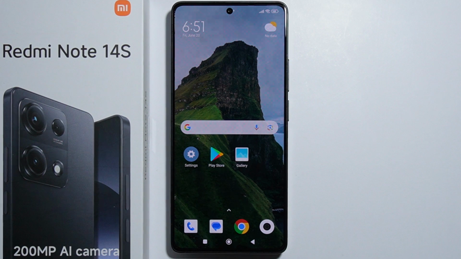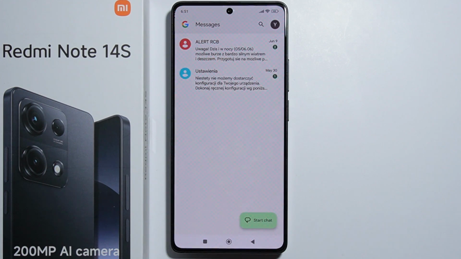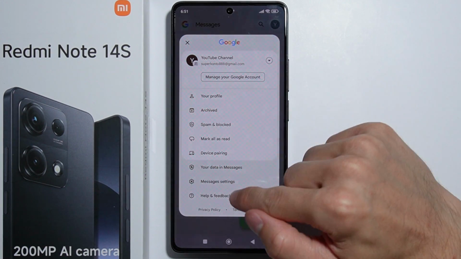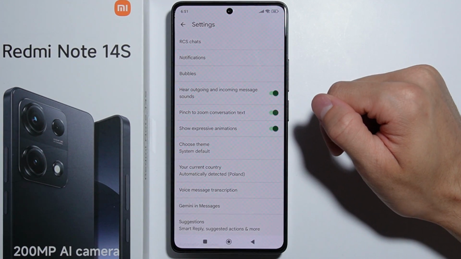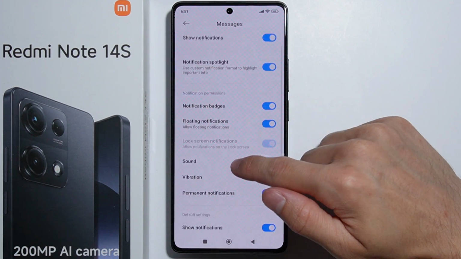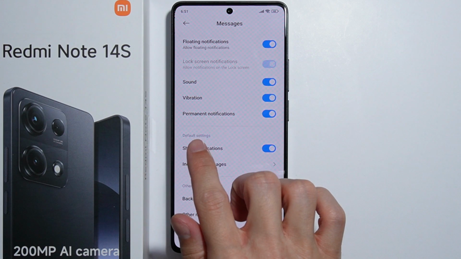To adjust text message tone on the Redmi Note 14S, all you simply have to do is first go to the Messages application. From here, press on your account in the top right corner and go to the Messages settings. From here, you'd like to go to the Notifications and scroll down and you will find this default settings and